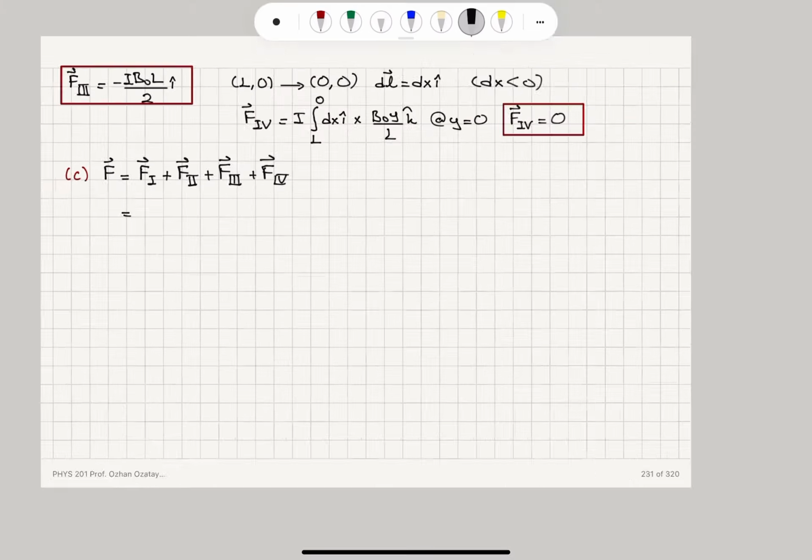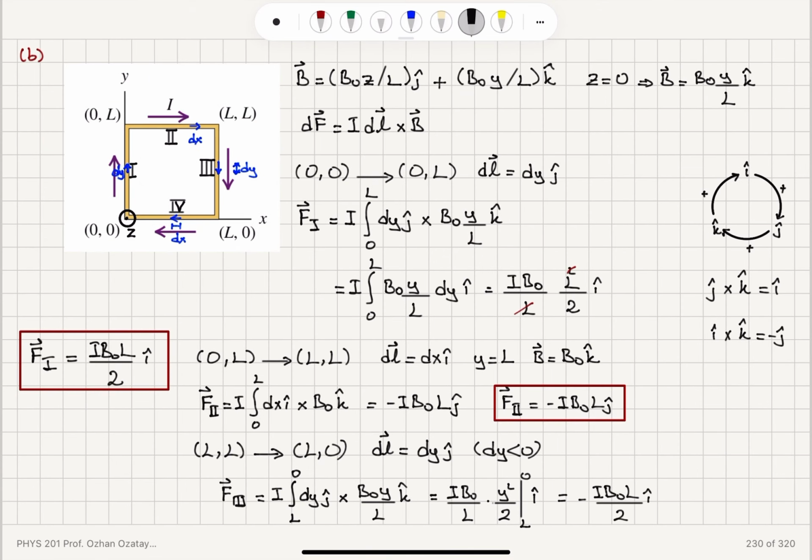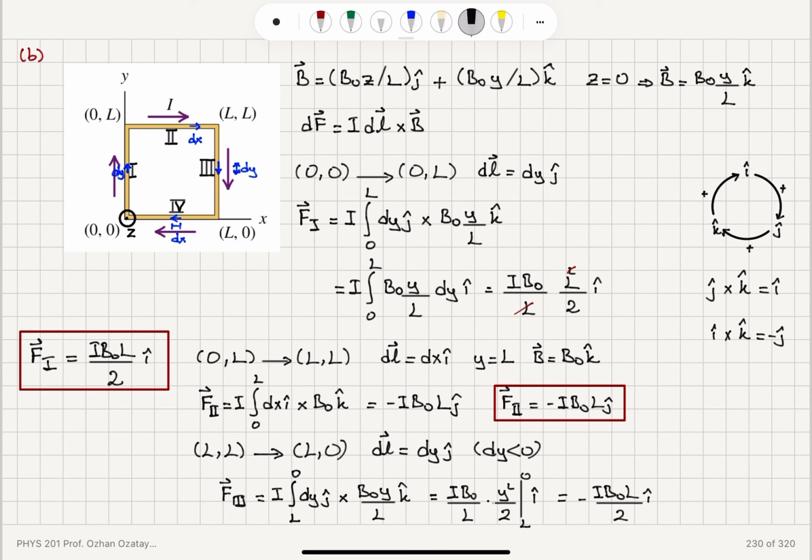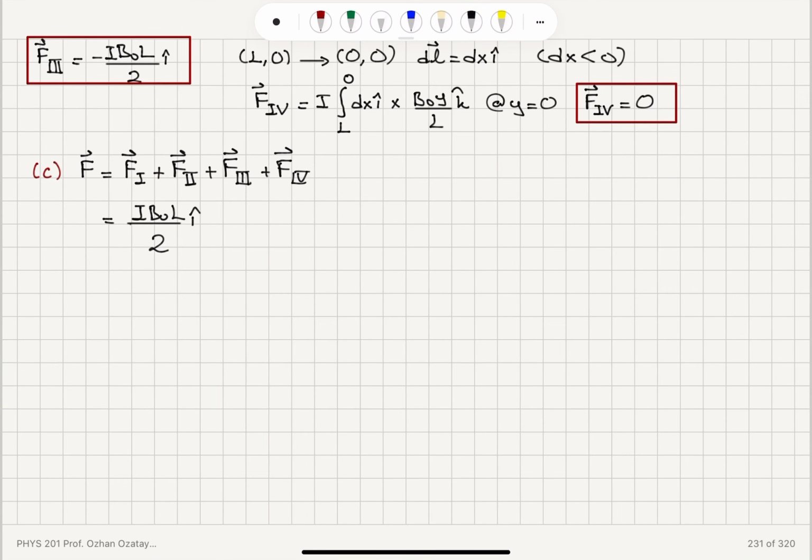So what did we find for the first segment? We have found I B0 L over 2 I hat. So this is I B0 L over 2 I hat. Force on the second segment is minus I B0 L J hat